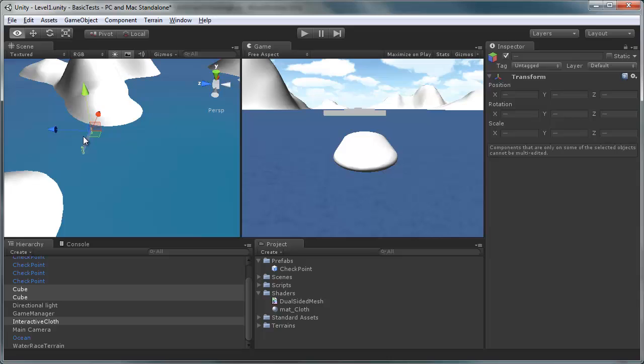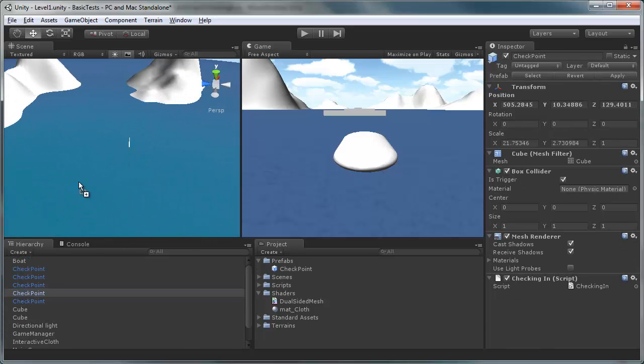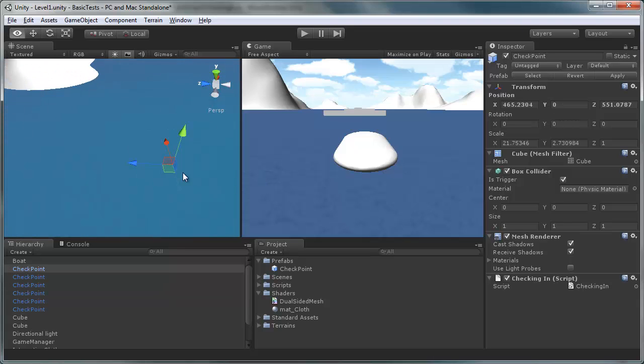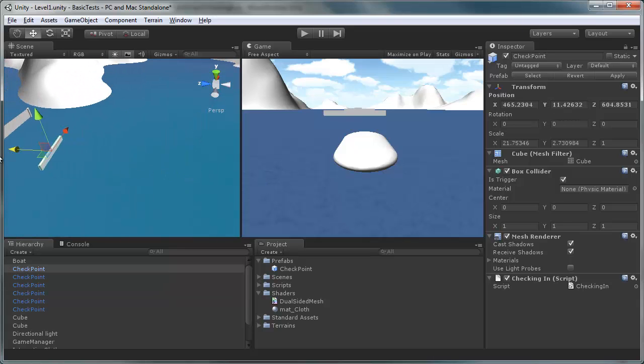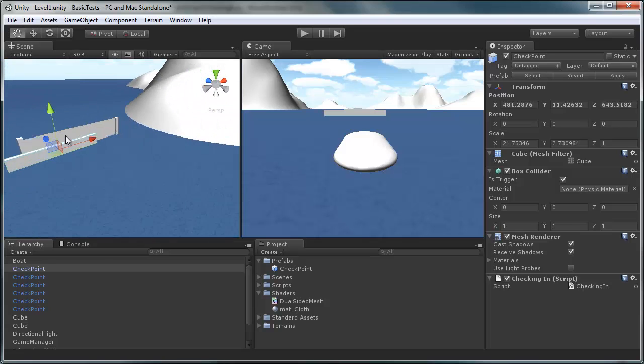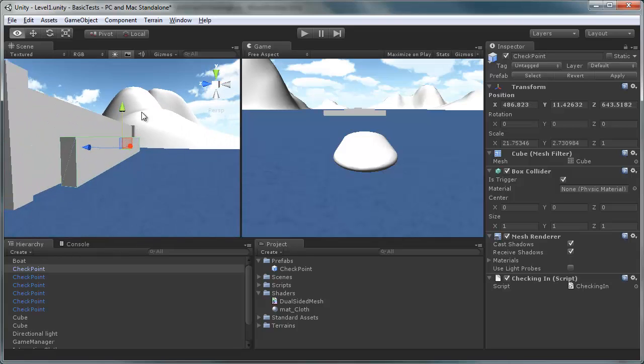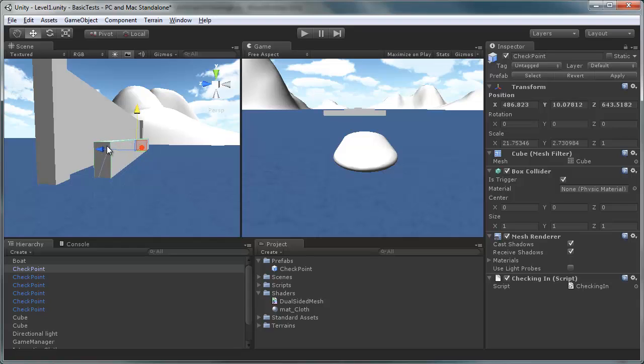Now what I'm gonna do here is grab one of those checkpoints. So I'm gonna drag one more new checkpoint. I'm gonna put it right here. And it will in fact give you these 10 points. And I could simply detach or check out my mesh renderer and you could get the same effect. So if we go ahead and select